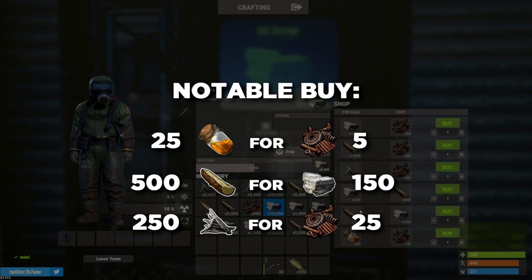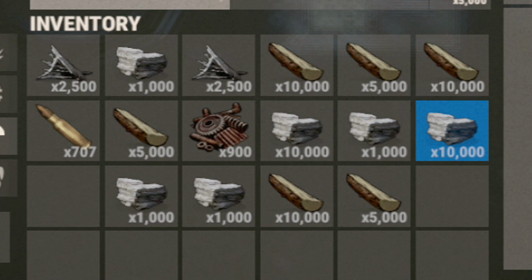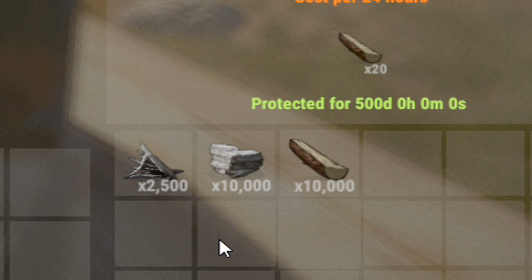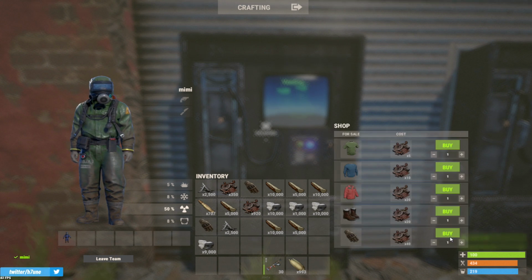However, sometimes your stone, metal, and wood can stack to ridiculous amounts when buying from outposts: 10,000 for stone, 10,000 for wood, 2,500 for metal. Although expensive, the stone for scrap trade can be worth it to fit more upkeep in your cupboard if you want. You can also buy various items such as the large furnace, oil refinery, turrets, tactical gloves, and jackhammer, which